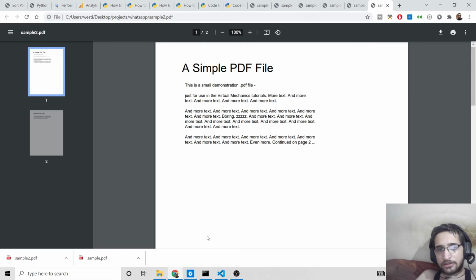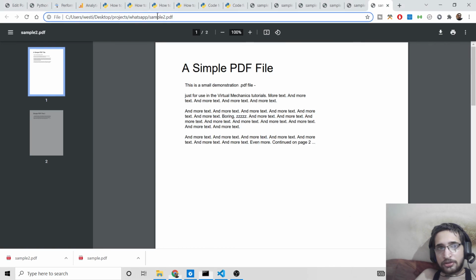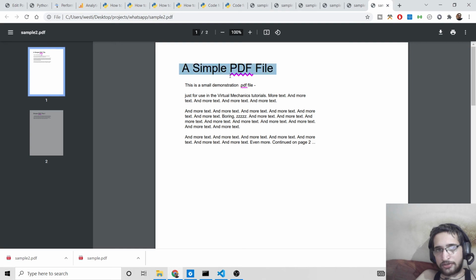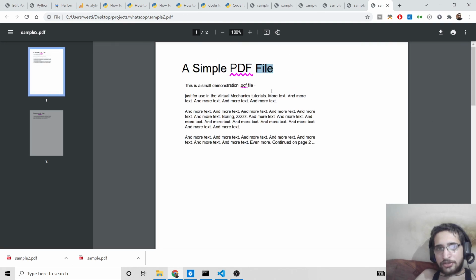Oh sorry, this was sample.pdf. Just wait. So this is sample.pdf, and you can see this is the effect. Squiggly, this is the effect. This is kind of a curved line here, kind of an underline. So these are the effects that you can apply to text inside your PDF document.